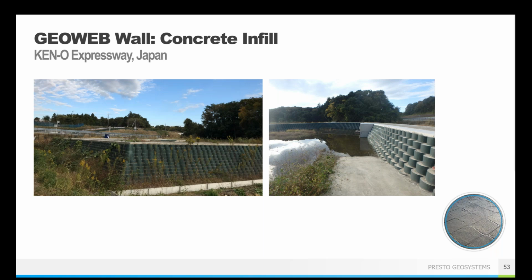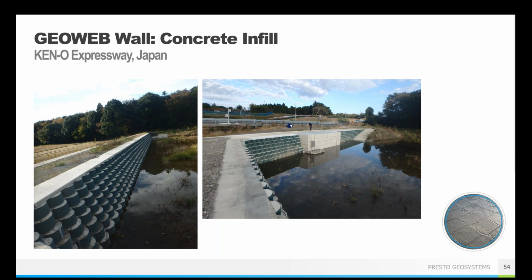Photos look great. So this was along an expressway and where they knew they were going to have water flow. There were some culverts that they went through. So they did all concrete in this area so they wouldn't have to have any maintenance, and they knew that it would be able to support all of their vehicle traffic. And it's extra resilient when it is concrete. You know that you don't have any concerns on impacts. If there were to be anything in the water that might potentially impact the walls, concrete is going to be able to withstand all of that, all of your heaviest vehicle traffic, all of that good stuff.